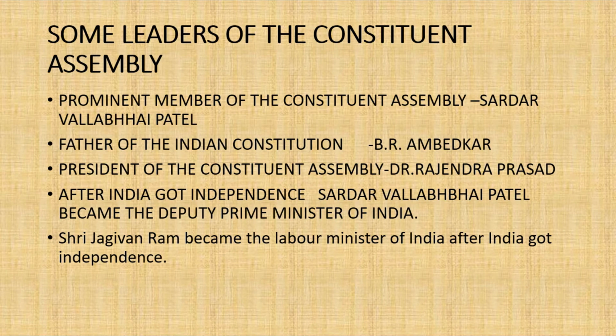Okay. So, the assembly consisted of members of different political parties, representatives of the minorities like Muslims and Christians and other communities, and the weaker sections of the society, for example, Dalits and scheduled castes. Okay, and legal experts, lawyers, advocates. So the assembly consisted of members of different political parties, representatives of the minorities and the weaker sections of the society, and legal experts. Okay.